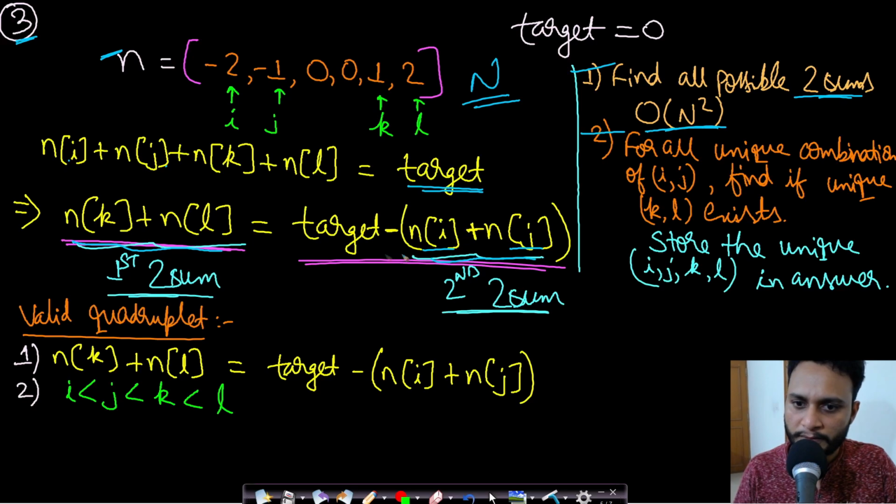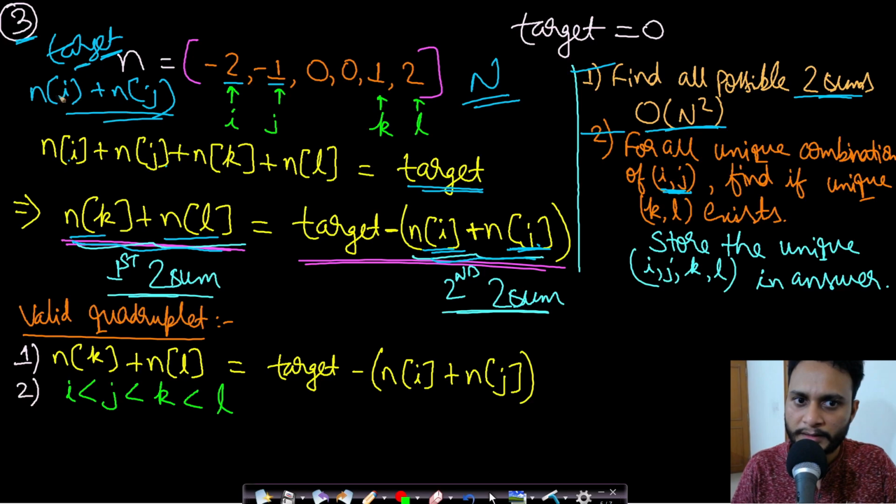For each of the nums at i plus nums at j, let's say you are moving these two pointers i, j, then for each sum, which is nums at i plus nums at j, you need to find if there exists a sum which is nums at k plus nums at l, right? So how will you do that? For all the unique combinations of i, j. So one such combination is nums at i plus nums at j. You took one combination, right? And you will use target minus nums at i plus nums at j. It will give you a certain value, okay? And now nums at k plus nums at l should be equal to that value.